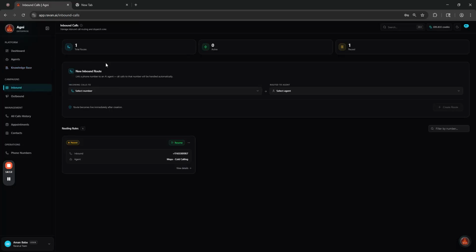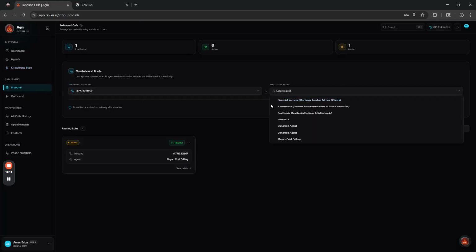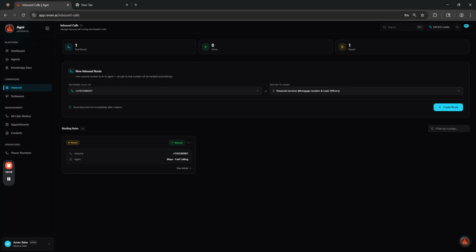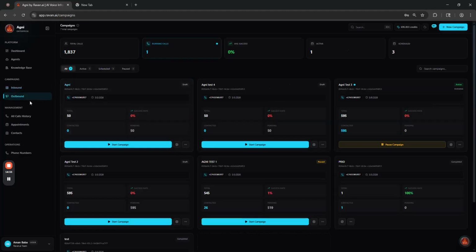Now, when it comes to the inbound, you're going to select the number, select the agent, and then click on create route. It will be creating an inbound campaign, and that specific inbound campaign will be answering the calls of your clients and booking the appointments and so on, based on the configuration which you have done in the agent section. And when it comes to the outbound, we can see all the insightful information: